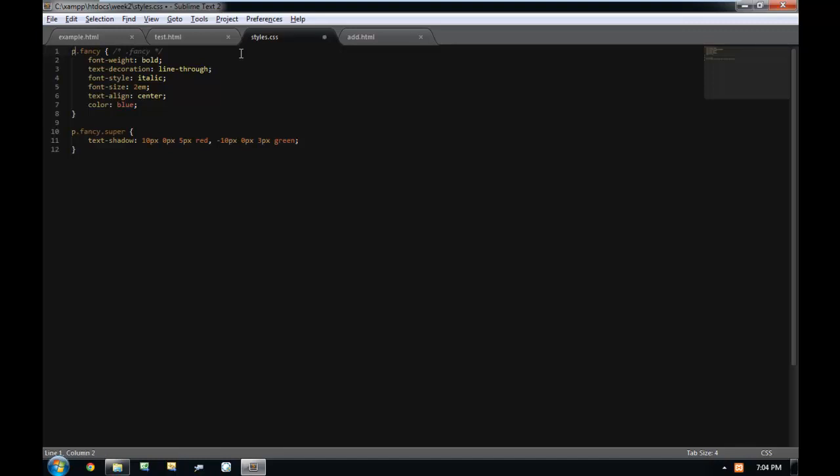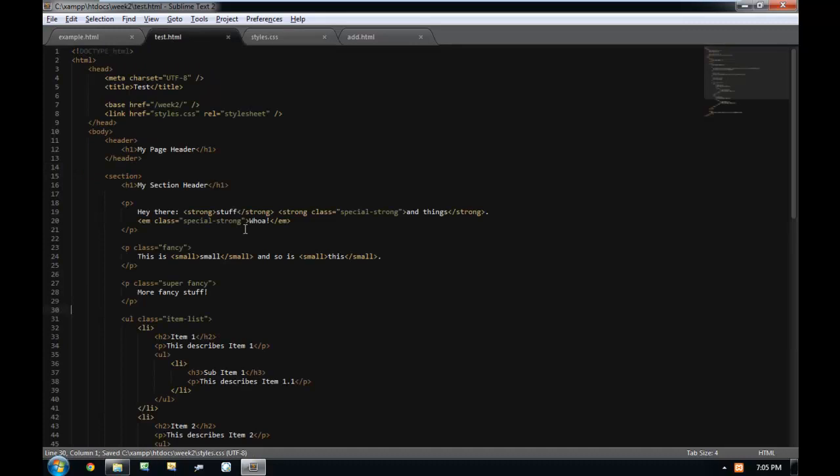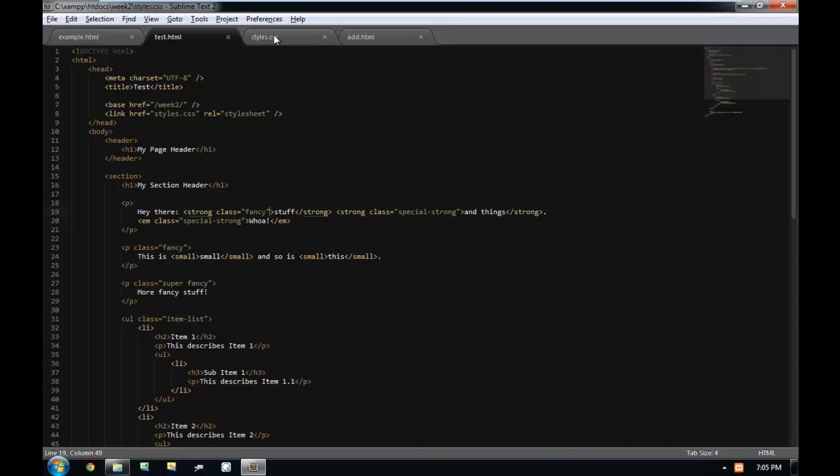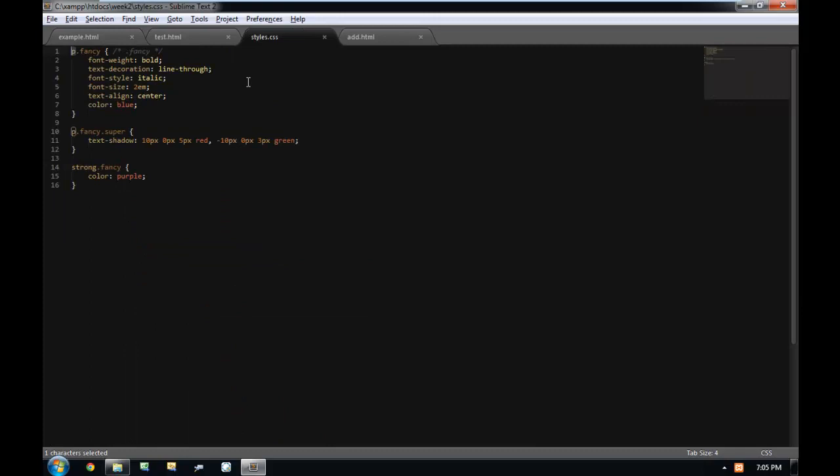But I don't want to select every single element with the fancy. I only want to select P elements with the fancy. Because what if I wanted strong elements? What if I wanted fancy strong elements that were purple? Well, I could do strong.fancy. That means any strong element that I apply the fancy class to becomes purple. Or, if I wanted everything that was fancy, regardless of element, I could just remove the P dot from there